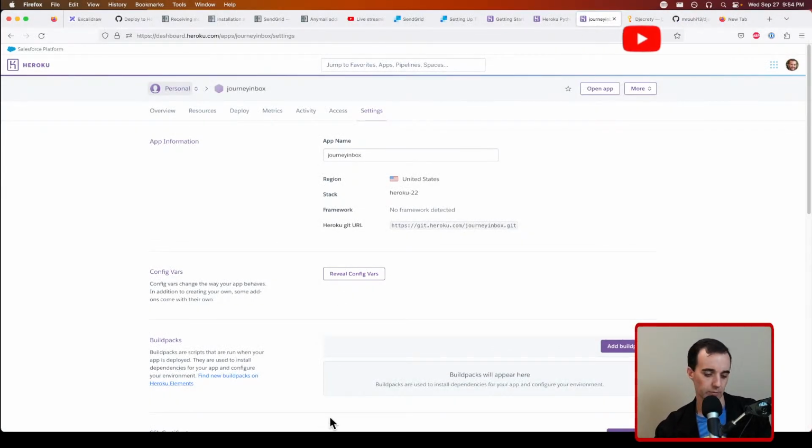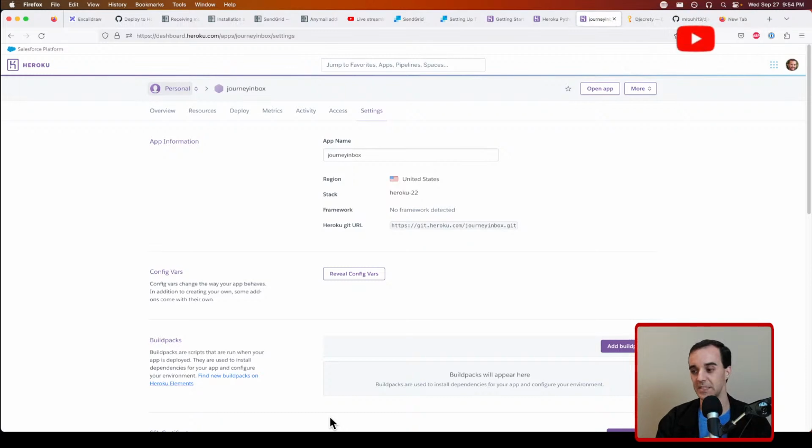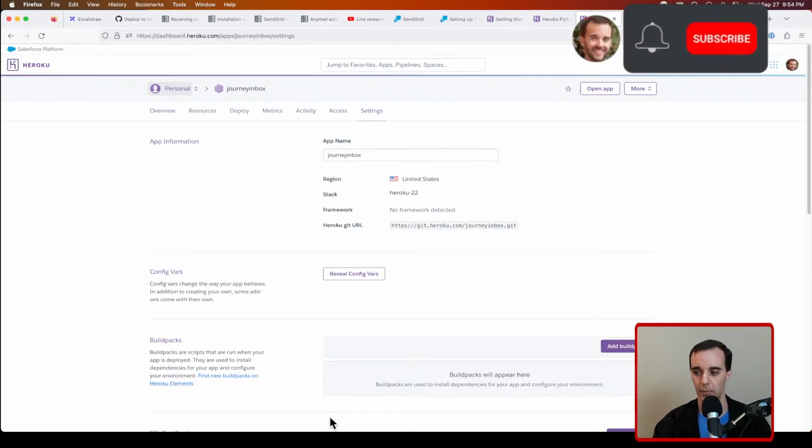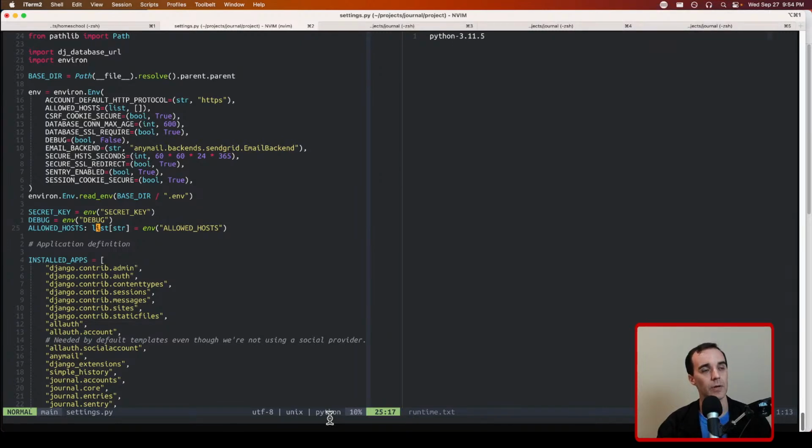This is kind of annoying. This is going to be the most annoying secrets flip-flopping thing that I'll have to do for a long time, because this is the seed operation where I have to bootstrap all this stuff. So allowed hosts is a comma separated list that environment will read, and it will turn that into strings that